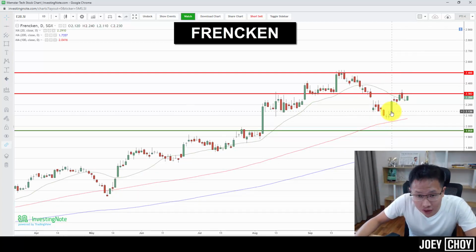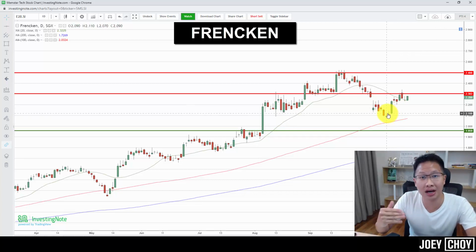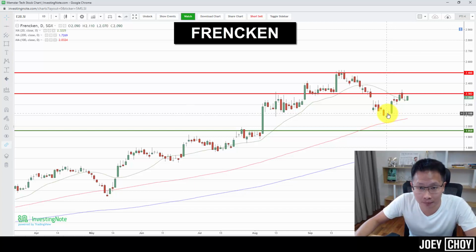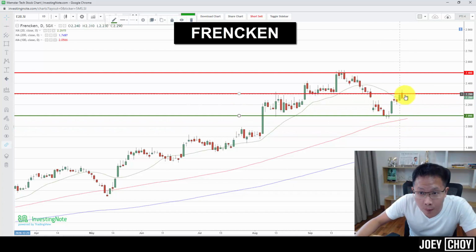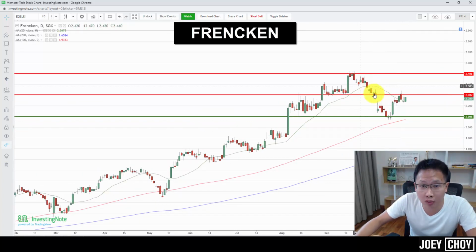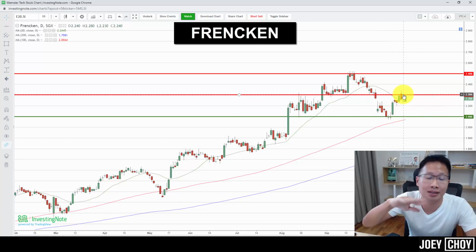And on this day, on 14 October, it broke the high of these doji days, and the reversal started, all right, but it's not like it reversed all the way up. We hit it all the way back up to somewhere around the 230. As I said, 230 was originally the support level that we broke down, all right? So 230 went out to 210, and now we are back to this 230